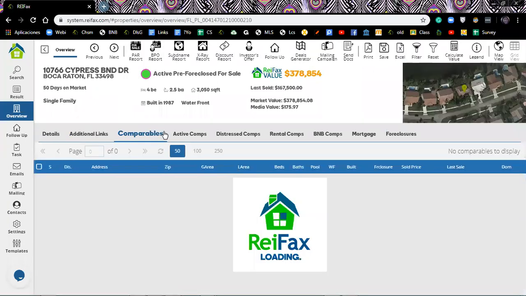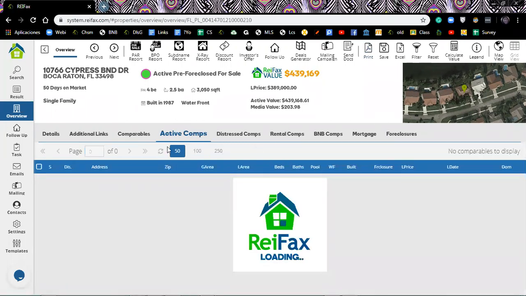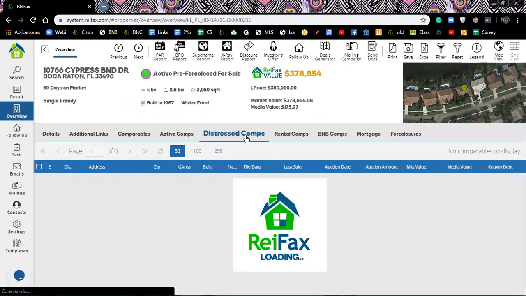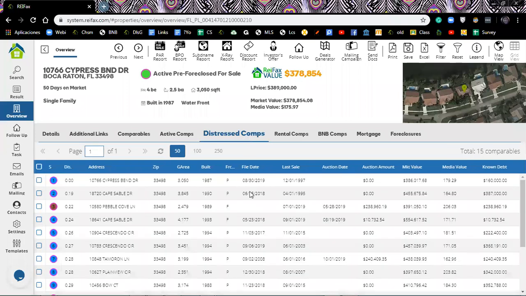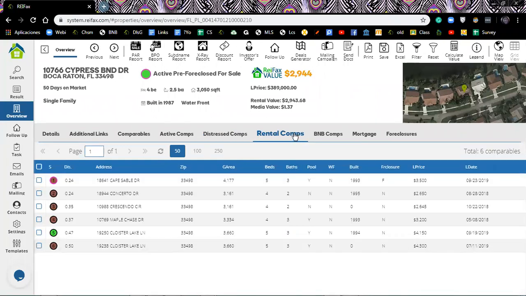Comparables will show me properties that were sold in the area in the last 12 months, similar to the one that I'm looking at, and based on these, the system will calculate market value. I have active comps. These are properties active for sale in the area, similar to the one that I'm looking at. And based on this one, the system will calculate active value. I have distress comps, properties that are underwater, upside down in the area for me to have as a comparison. I have rental comps, properties that are for rent in the area, regular rental that is 6 months,